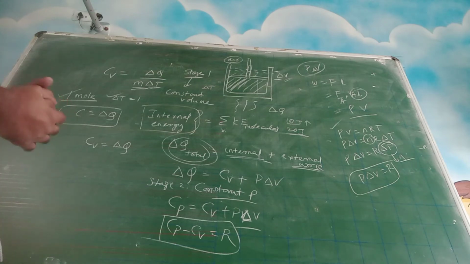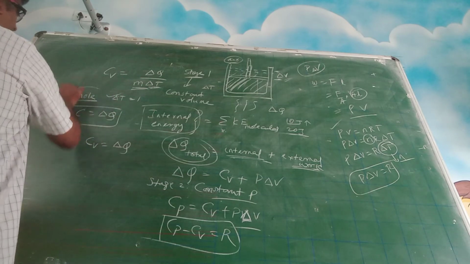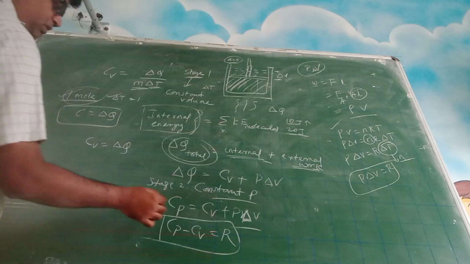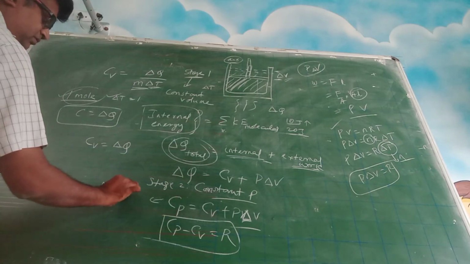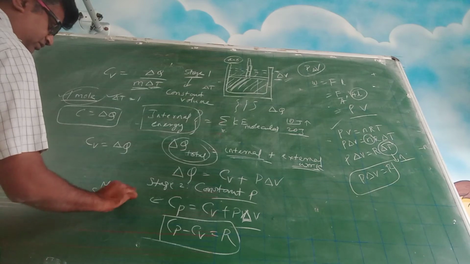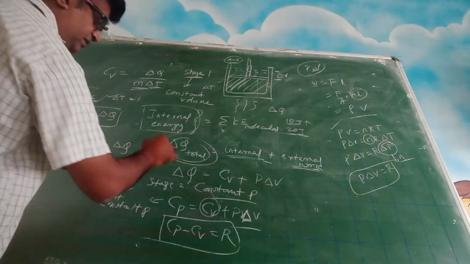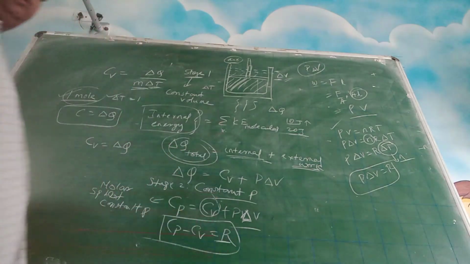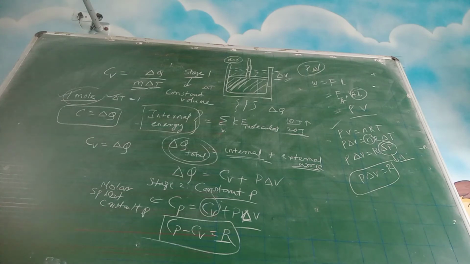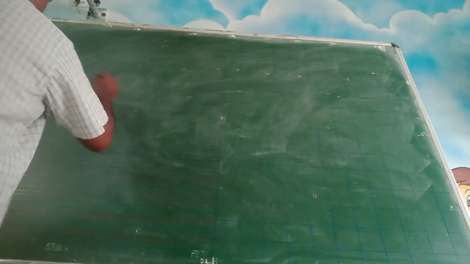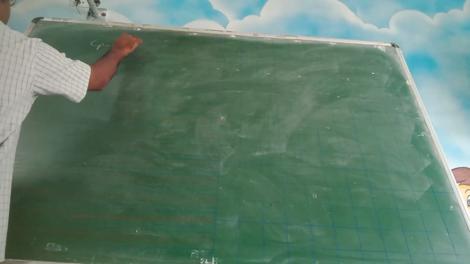Maybe we'll see some numericals on this topic. Okay. Because in the whole process we are talking in terms of 1 mole, this is molar specific heat at constant P, this is constant V. And what is R? R is the universal gas constant, which is 8.314. So we have established a relationship called Cp minus Cv is equal to R. There are a few values which you are supposed to remember.